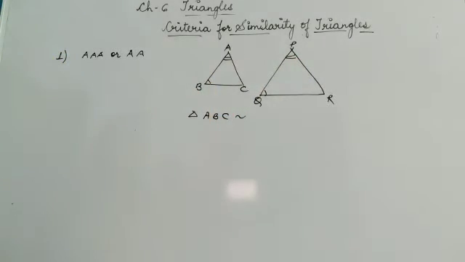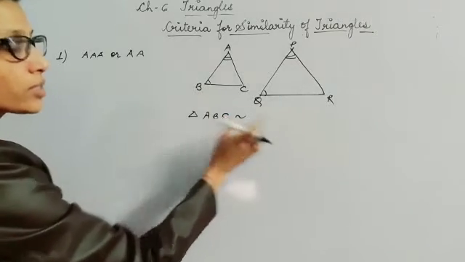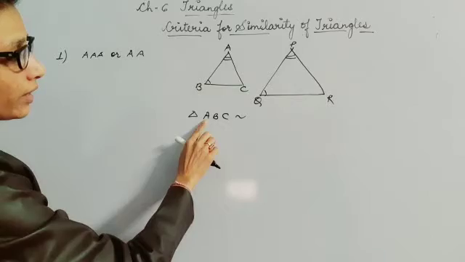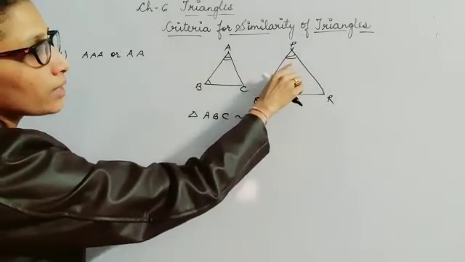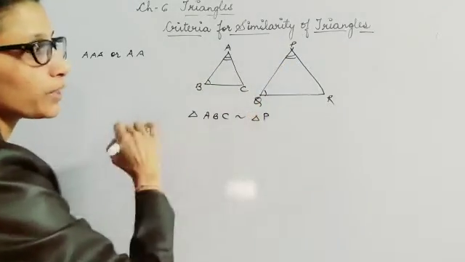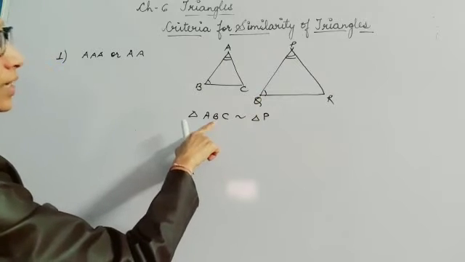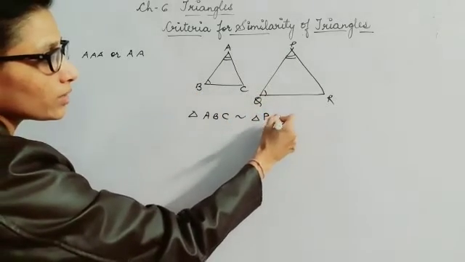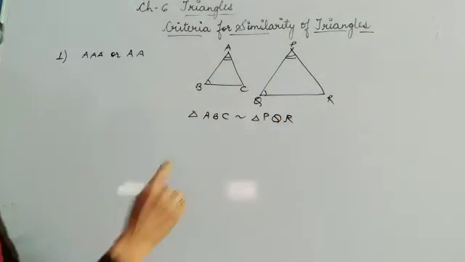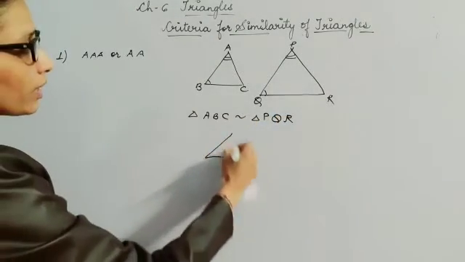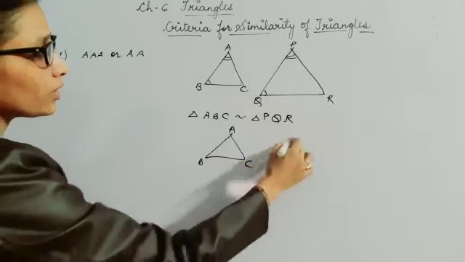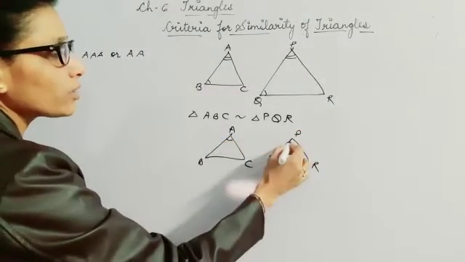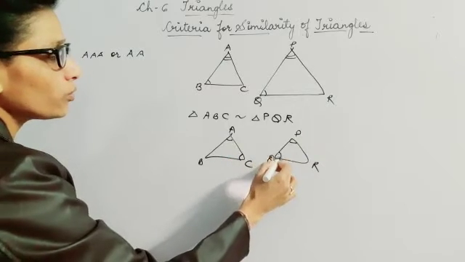Now children, here you need to write things in a very proper and arranged way. Here you have taken A. Now angle A is equal to angle P. That's why you will be writing it as P. Now in the second place I have written B. Now B is equal to Q. So here I will be writing Q and then the rest of the thing, that means the R. Let's suppose I have triangle ABC and this is my PQR. Let A be equal to P and C equal to Q.